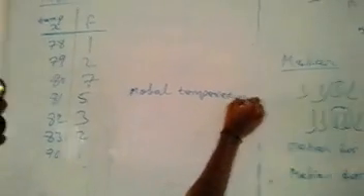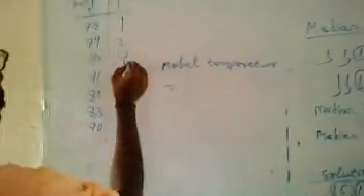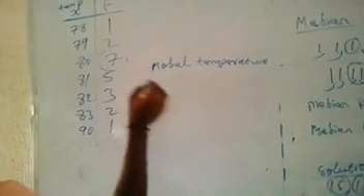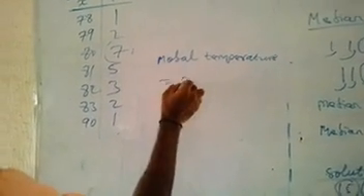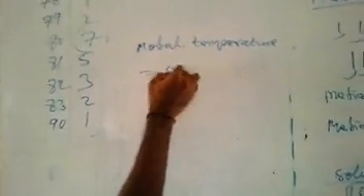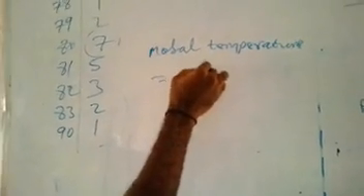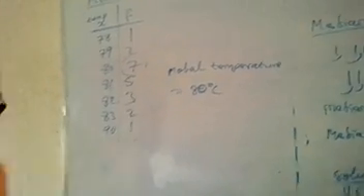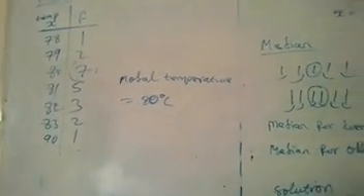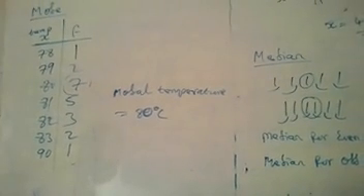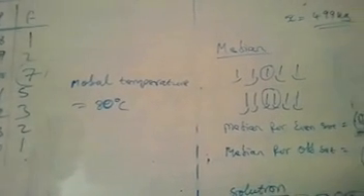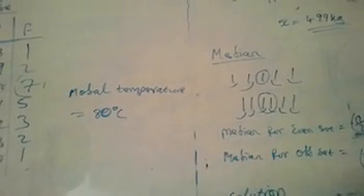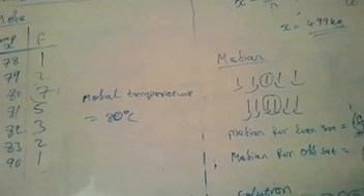The modal temperature is equal to 80 degrees C, because 80 occurs 7 times, and that is the highest occurrence. So we can see how we have been able to determine the mean, median, and mode of a set of